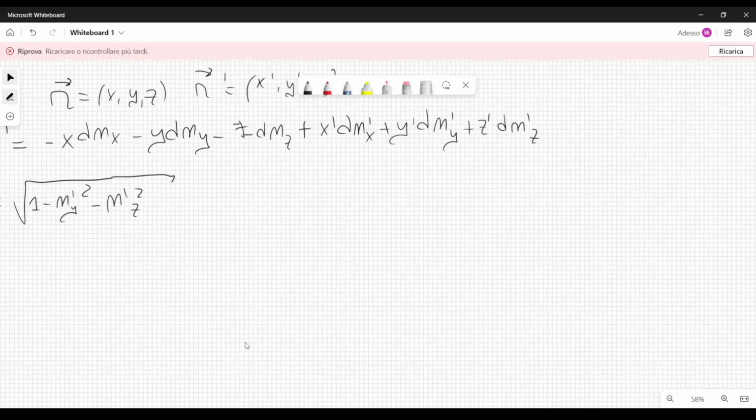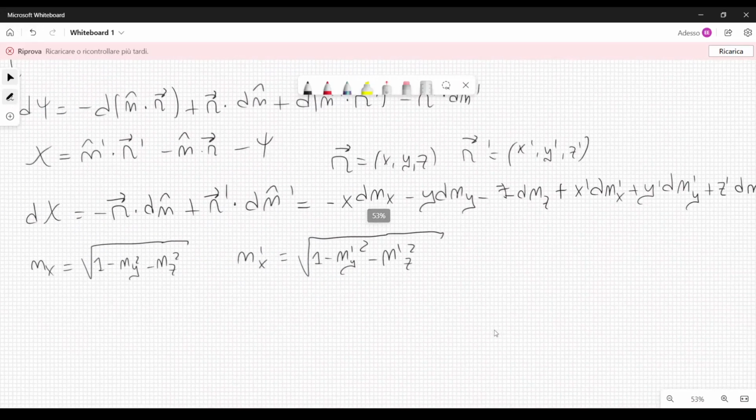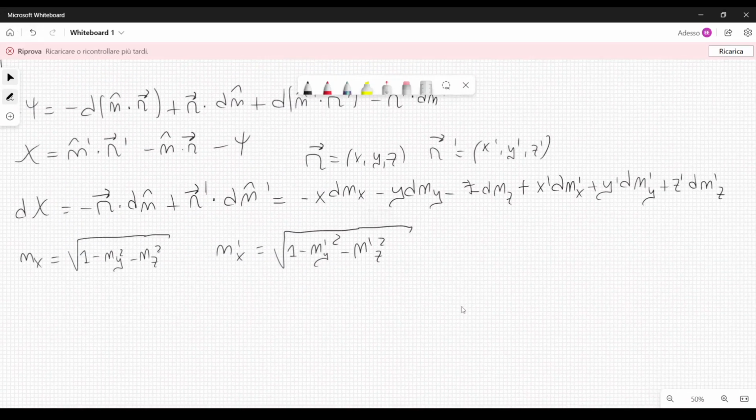And now that we have these two conditions here below, we can simply put them here and here and group together the arising terms. So we get d chi equal to